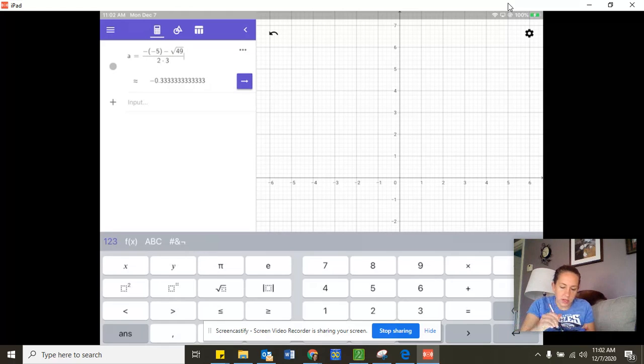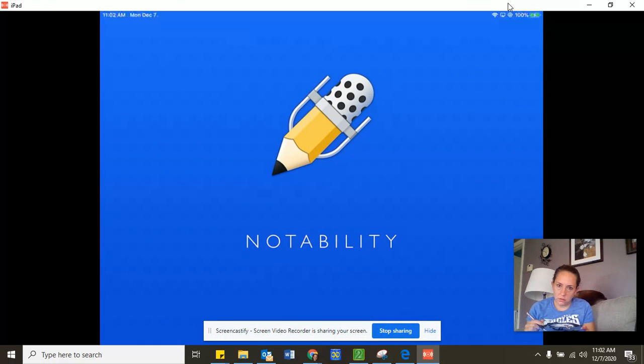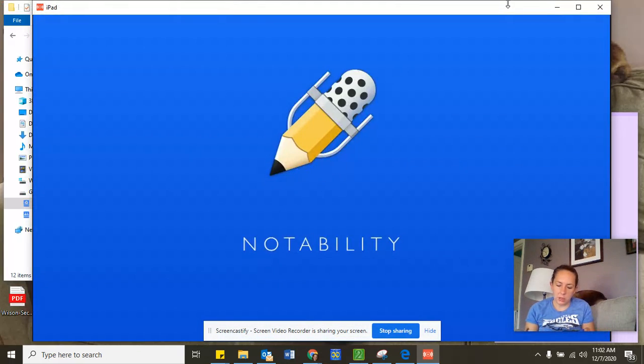And I get negative 0.333, which is just negative 1/3. Kind of lets me go back and forth on GeoGebra, which is pretty cool. So my 2 answers, dynamic notability. Oh, this is gonna be